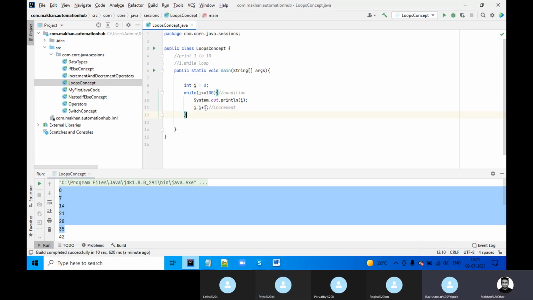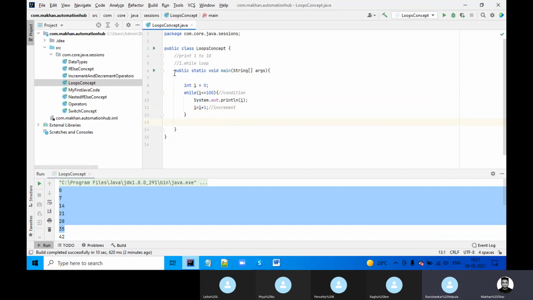It will increase by 1 only. If you put I plus 1, it will increase by 1. If you say I plus plus, that is also the same thing. Just to make it simple for you, I put I plus 1. That means whatever the current value is, it will add 1.